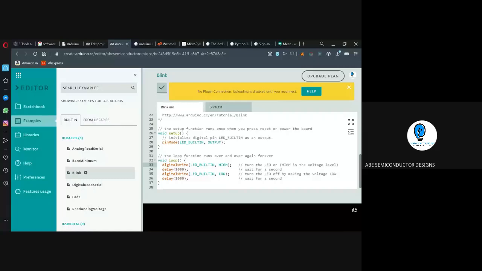So the advantage of working on cloud-centric is you have all the libraries as we work on IDEs. Second thing is about hardware generation. That is, it will generate its own hardware layout and the schematics can be generated easier, so that we are able to work on the breadboard connections or whatever connections you want, you can do with a kind of an application. So this is one kind of a mechanism we utilize, and the logic is a simple C code. Now we are moving on to the same blinking code with Python.